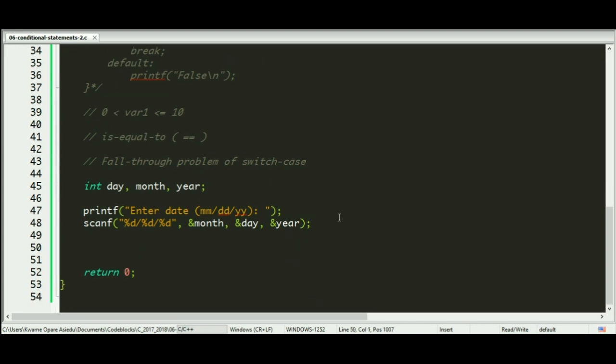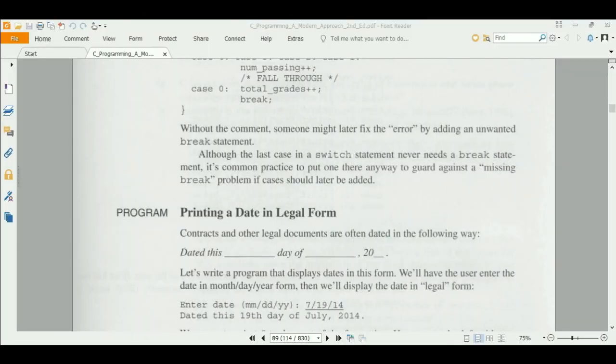so after we are done with that, we need to first of all compute the suffixes for the day. So if it is ending in 1, it is an st suffix. If it's ending in 2, it's an nd, and if it's ending in 3, it's an rd. So any other thing will be a th. And then for the month as well, we need to print the actual month. So we need to compare if the number of the month we've entered is 1, then we'll print out January, and so on and so forth. Okay,